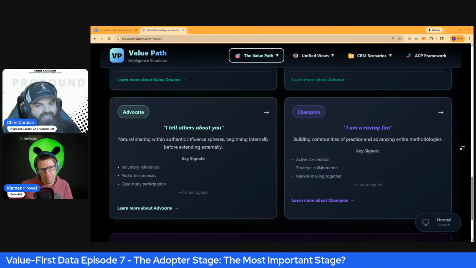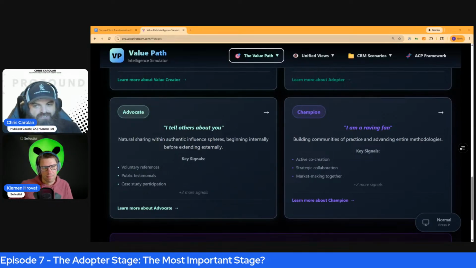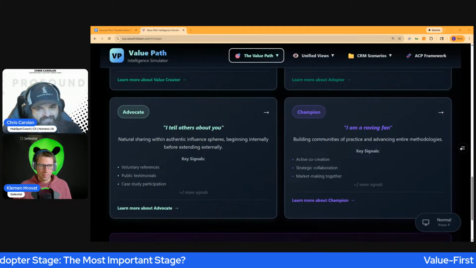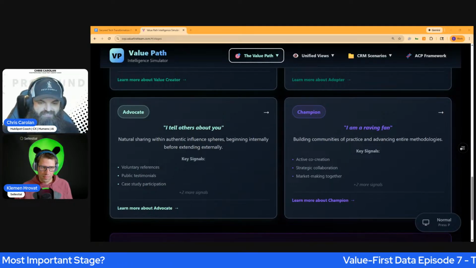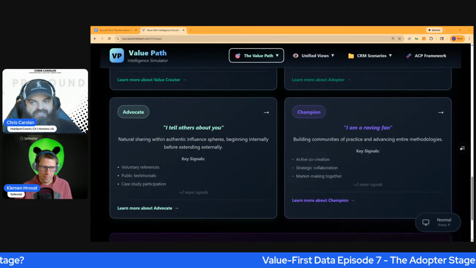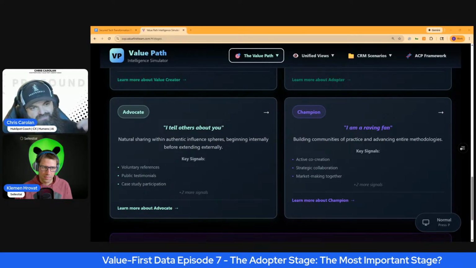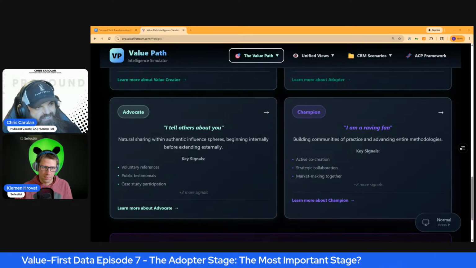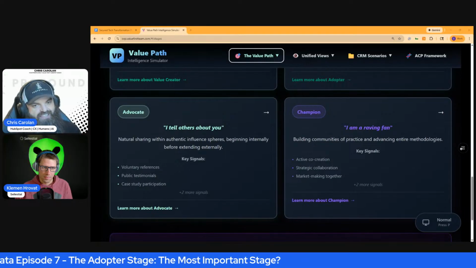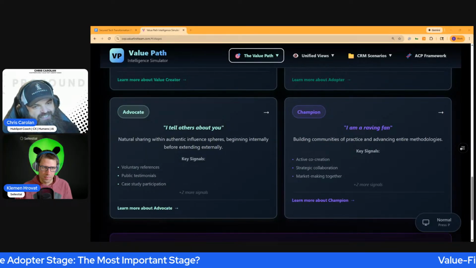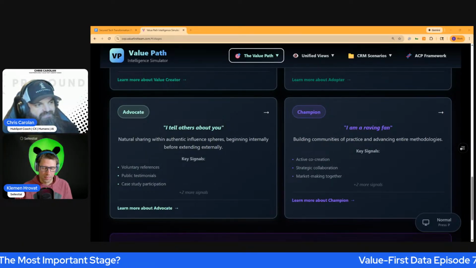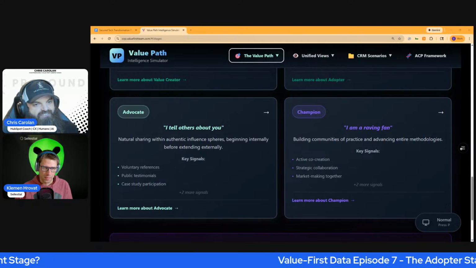Yeah. Right. And it's not just to push everybody towards advocacy and champion, because it's not in the cards for every business, based on what makes sense. But when you know where the value has been created and delivered and then realized, it's a lot easier to ask for value in return. Right. Yep.